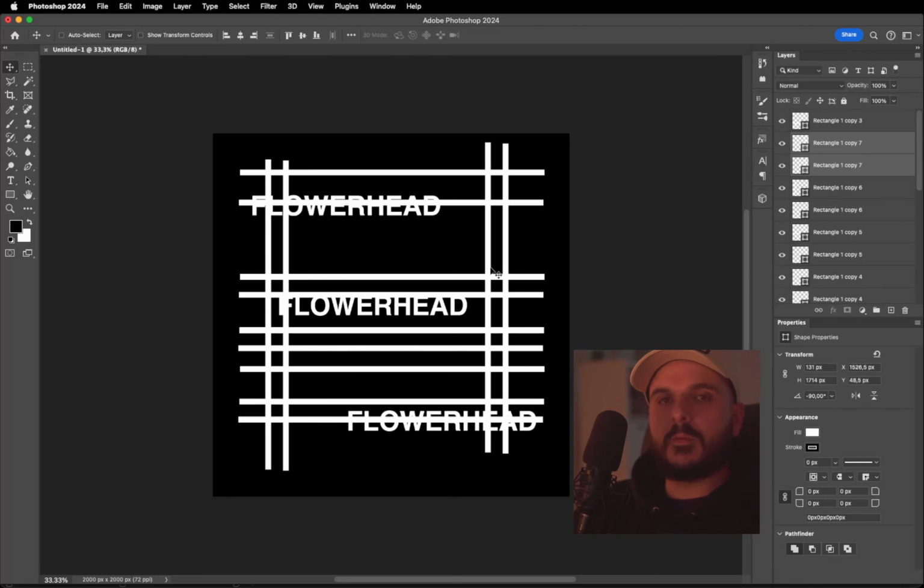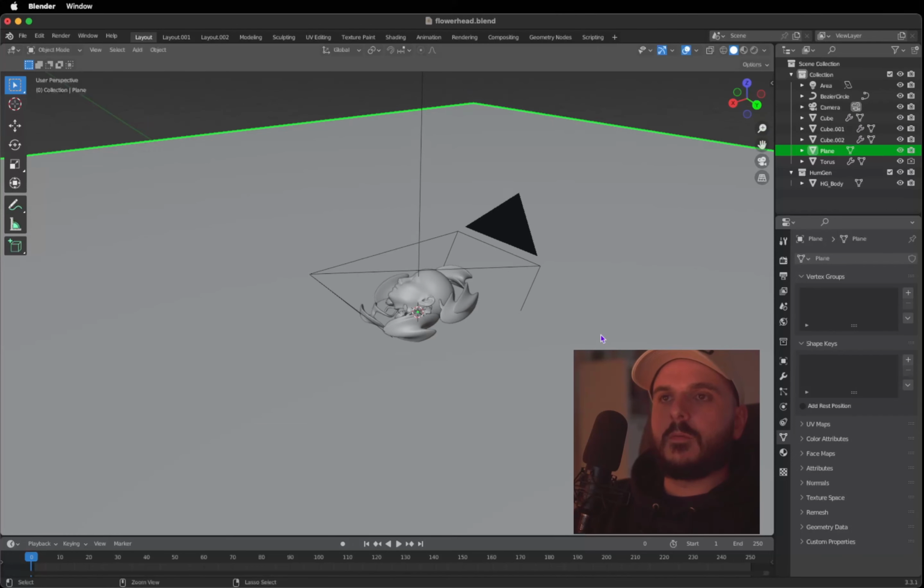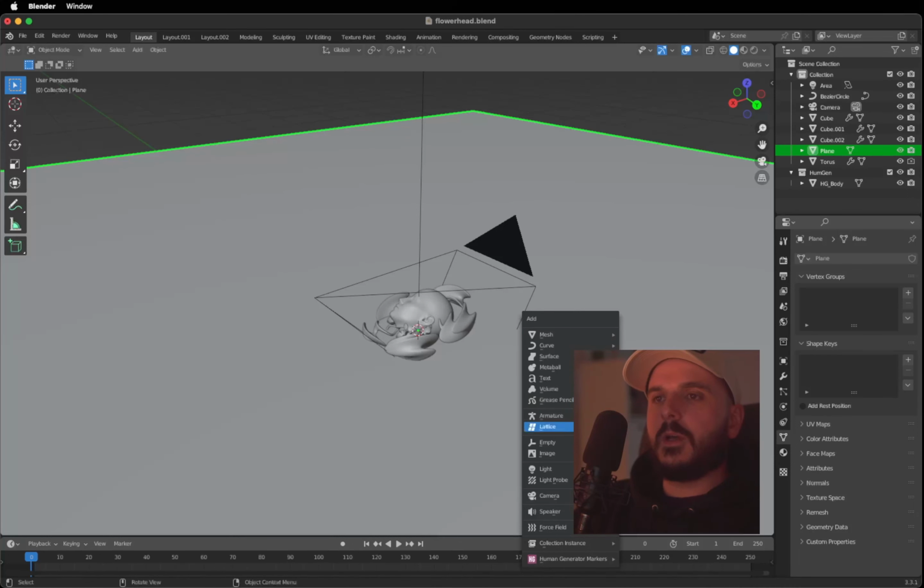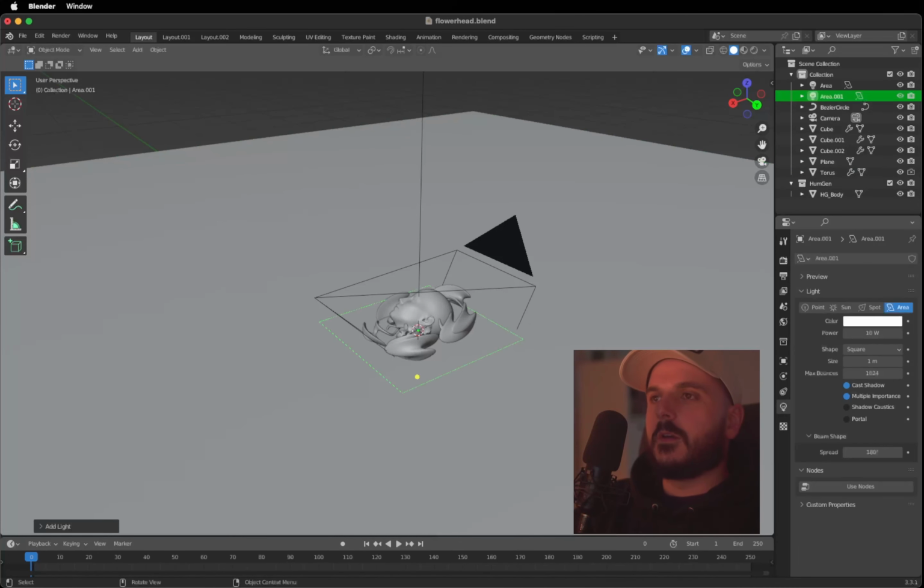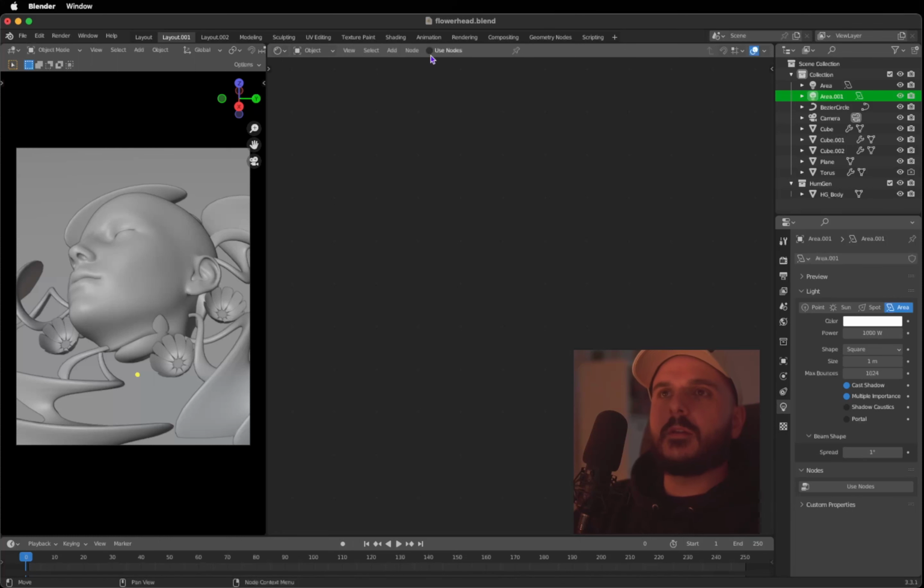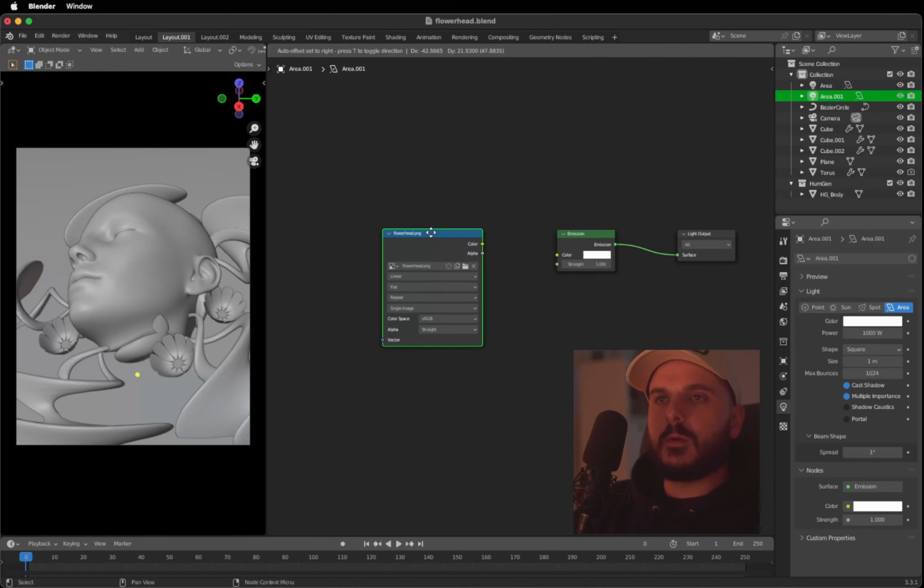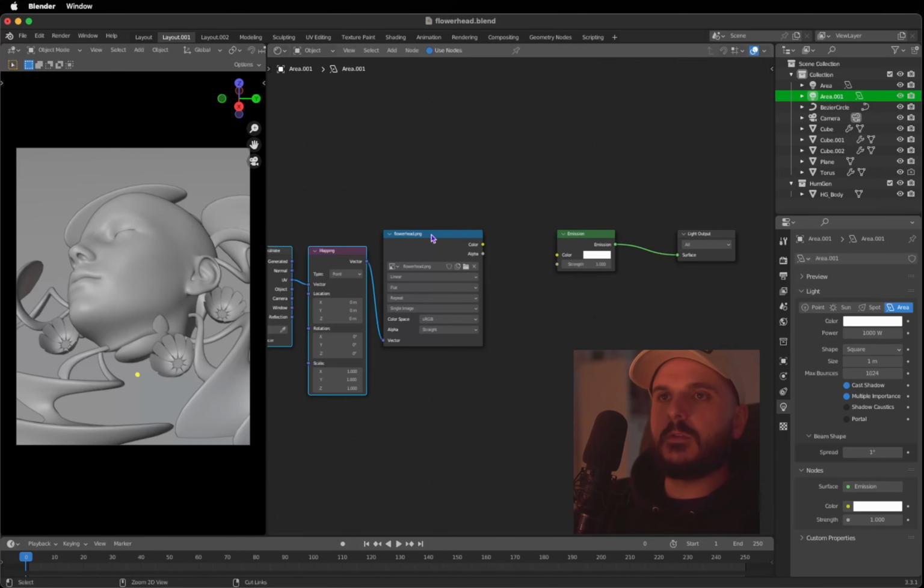I'm going to save this as a PNG and import it into Blender. We will create a new area light and change the spread to 0 and increase the power to 1000. Now you can use the shader editor and click use nodes and drag your file in here. Okay, when you dropped in your file, you can press Ctrl T for the node wrangler,